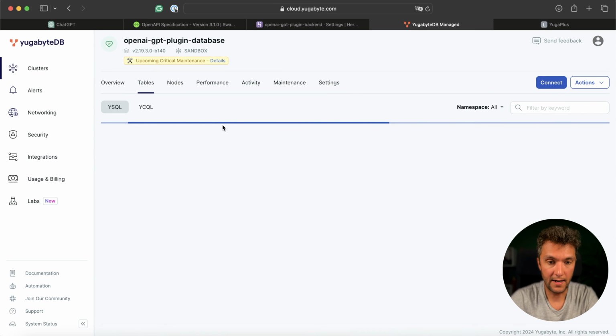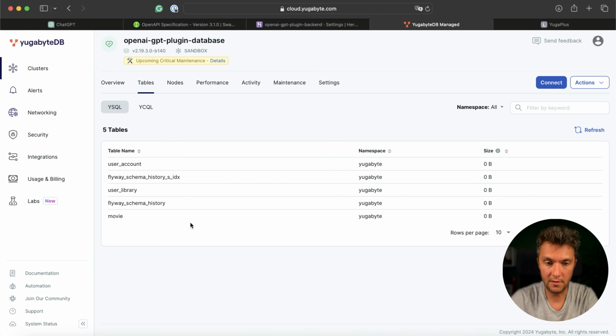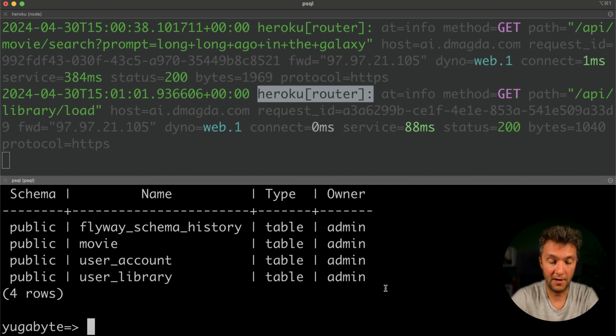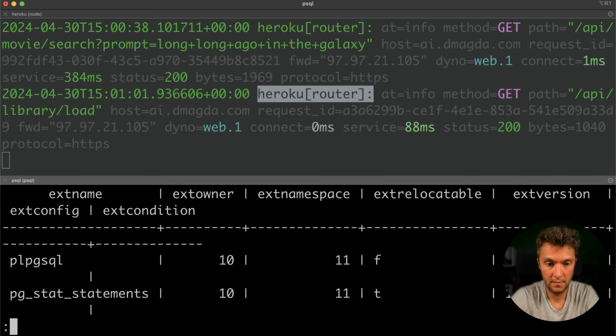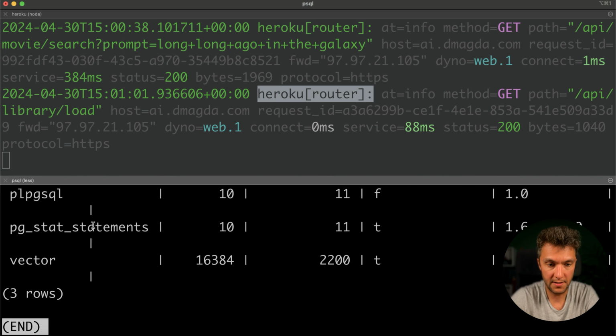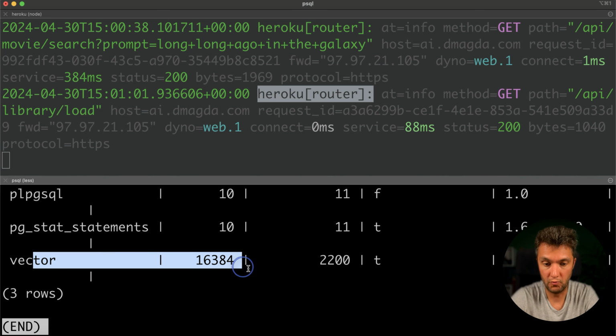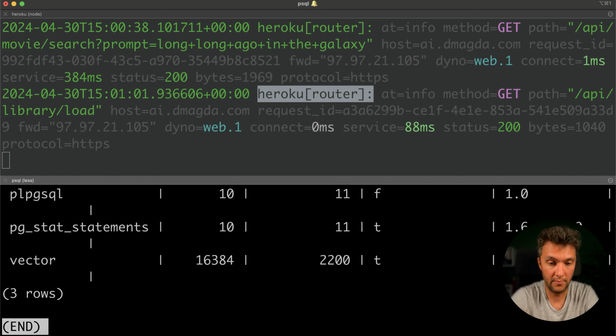So here I have these tables, everything is already created, it's the same, you don't need to change your application source code, you just need to provide a different database connection endpoint. And as long as YugabyteDB is distributed Postgres, it also supports Postgres pgvector. Let's query the pg extension. And here in the pg extension, you will find the Postgres pgvector, which is already installed on my YugabyteDB